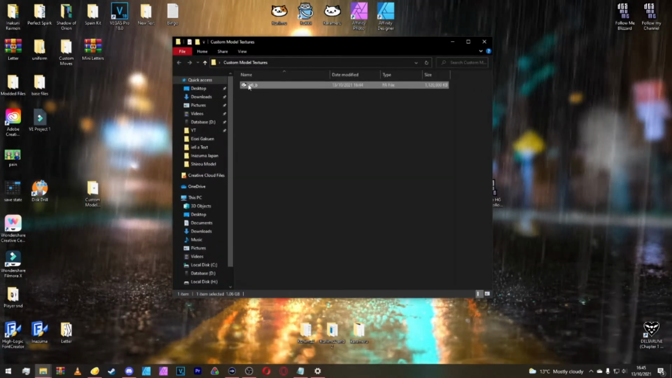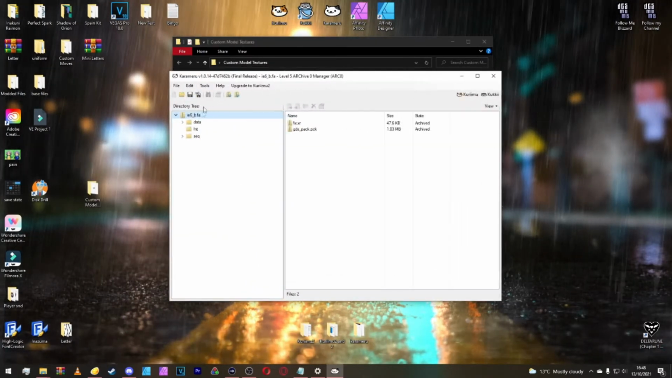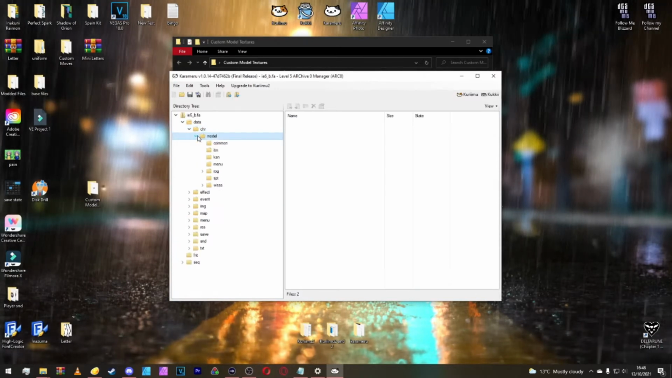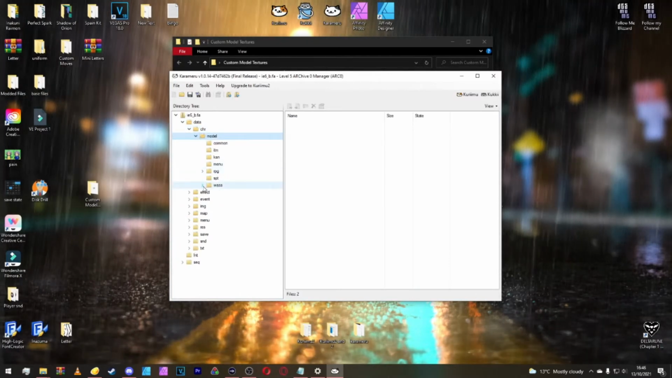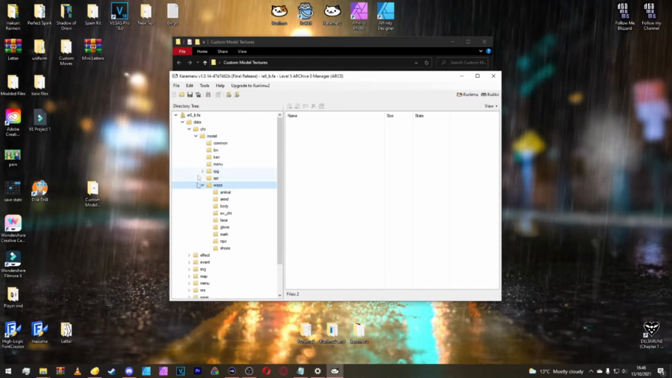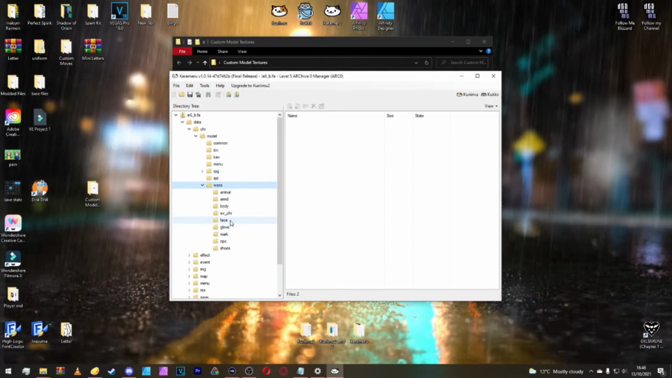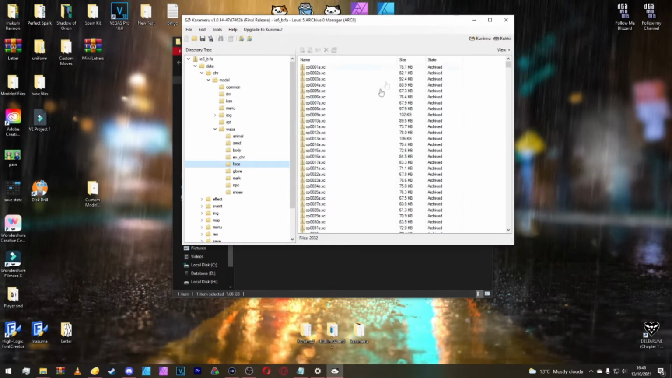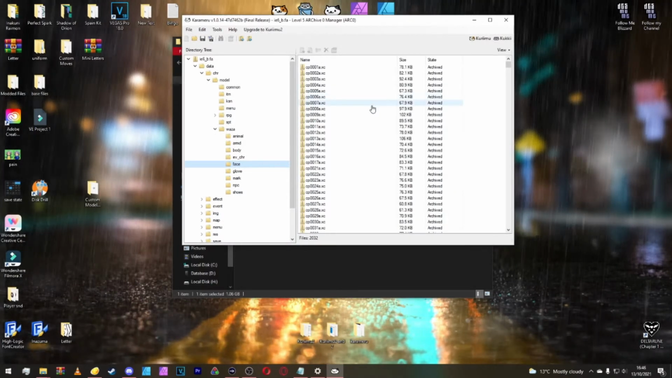So let's open the IE6_B. Okay, once open, we'll go inside data, inside character, model, and we'll do Waza for now. I'll show you how to do RPG in a second. So we want to go to face. Face is the important part here. And first, we're going to need to find